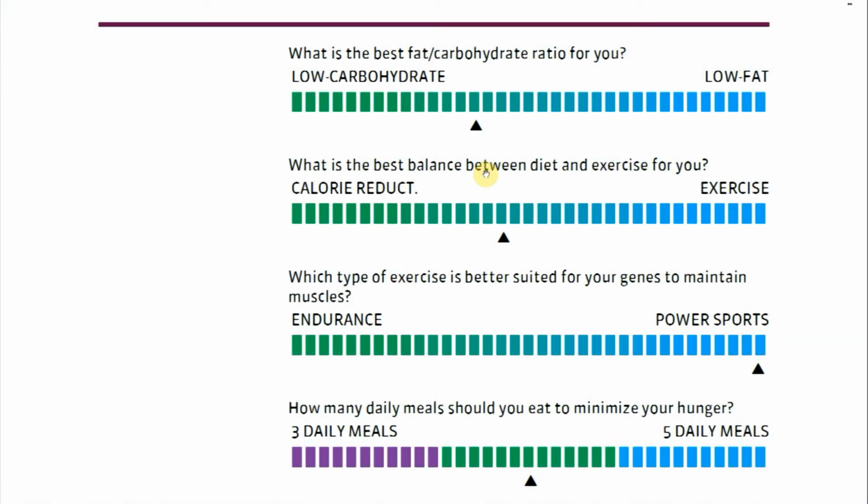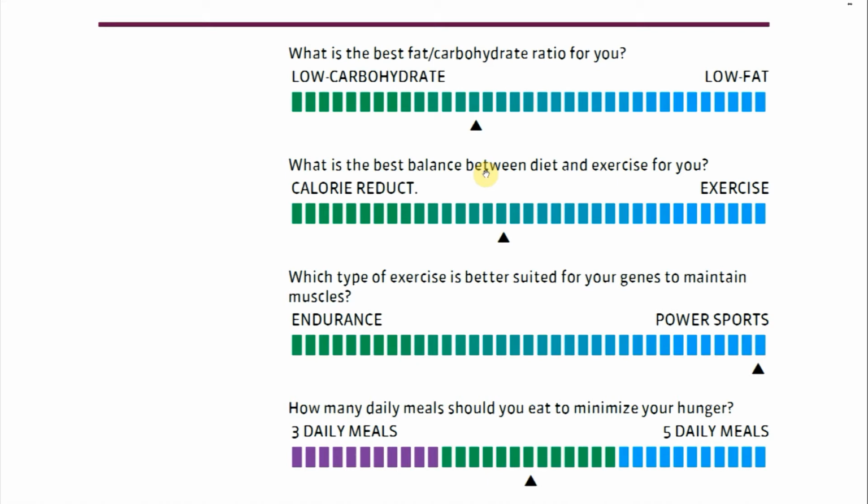Then the next question, what type of exercise is better suited for your genes to maintain muscle mass? As I've explained, some people lose more muscle mass through calorie reduction, while others lose less. And here is where we counteract this. Power sports, so anything that requires strength, is going to build up more muscles. So this is what we need to do more if you lose more muscle mass due to your genetics. So if your arrow is here, it means you need to do more